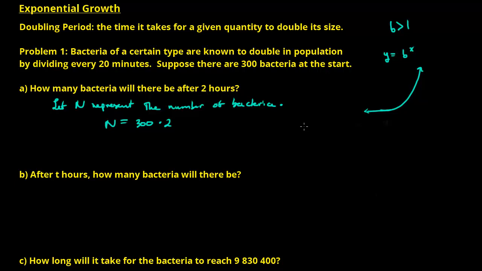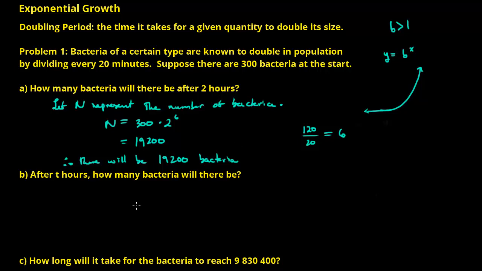Now remember that 2 hours is actually 120 minutes, and if we divide 120 minutes by 20 minutes, we get the number of doubling periods. So 120 divided by 20 is just 6. So we have to multiply by 2 six times. So let's do 300 times 2 to the power of 6, and we get that this is equal to 19,200. So therefore, there will be 19,200 bacteria